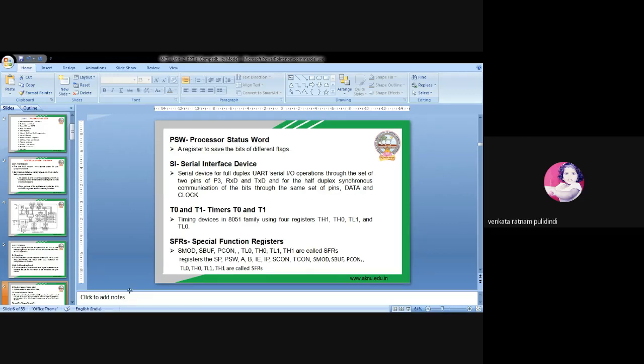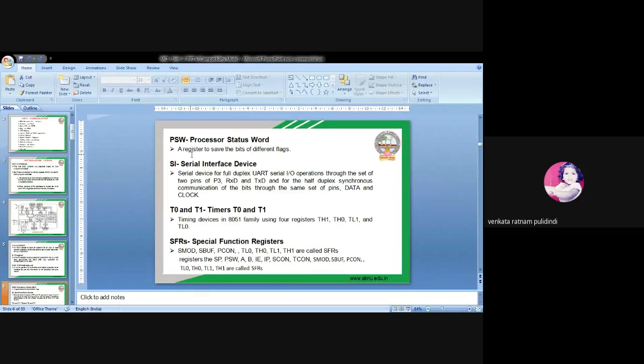So these belong to the architecture of 8051. In the examination they ask you to draw the architecture of 8051 and explain each block. We can write all these things. Sometimes they ask separately to explain the program status word, and in such cases we can explain it elaborately. Okay, is it clear? Yes, sir. Clear, sir.